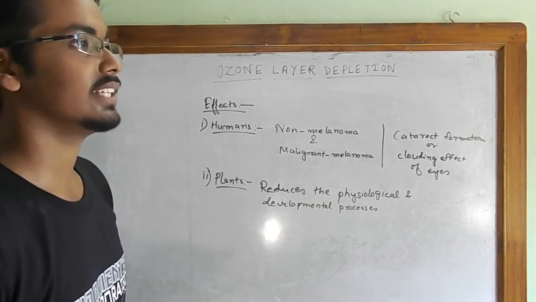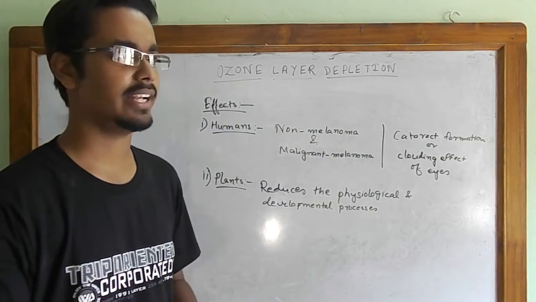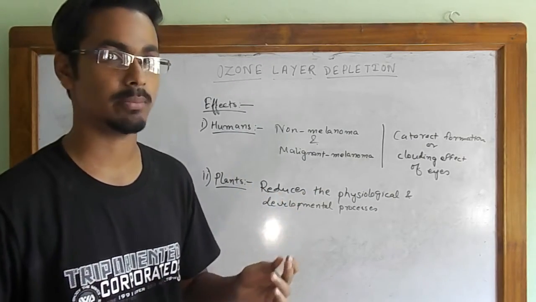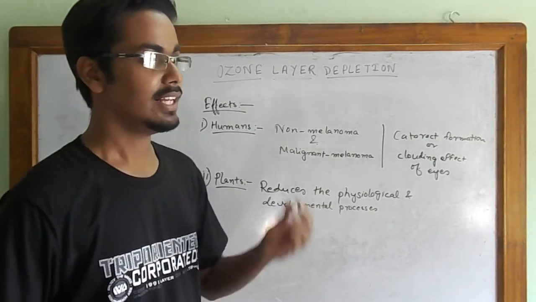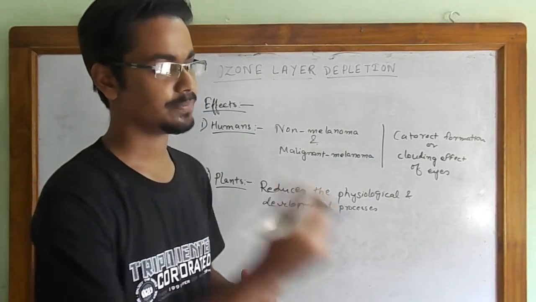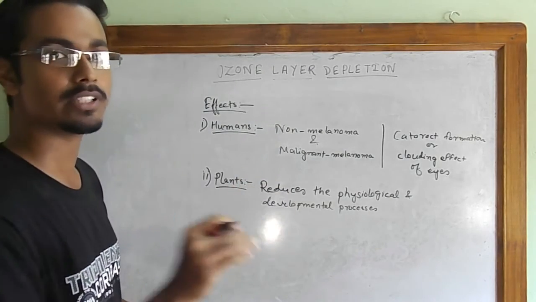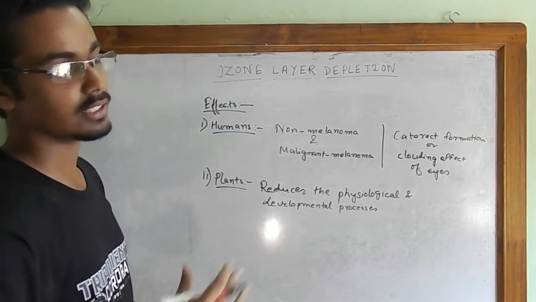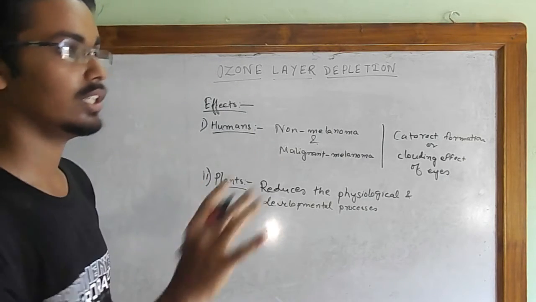The third one is its effect on the marine ecosystem. The phytoplanktons form the basis of the food web in the marine ecosystem, and due to the exposure of the phytoplanktons directly to the sunlight, they face a retardation in their growth. If phytoplanktons are reduced, this will directly hamper the food web of the marine ecosystem, and as a result many marine or aquatic life forms are destroyed due to this UV ray entry into the earth.